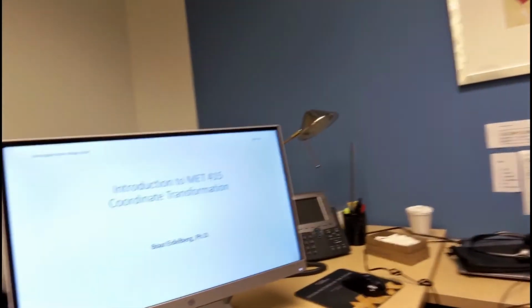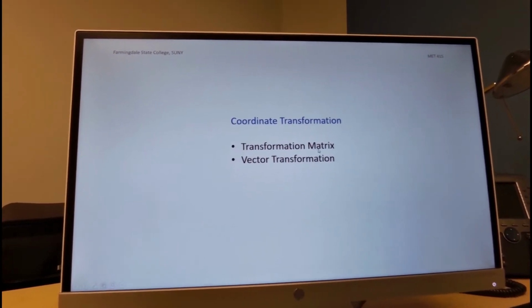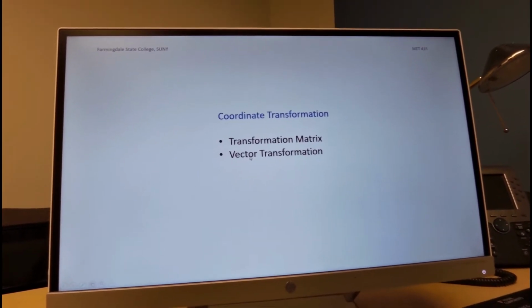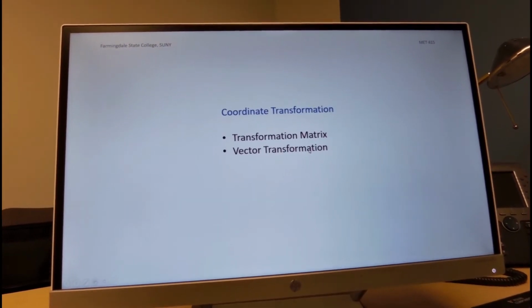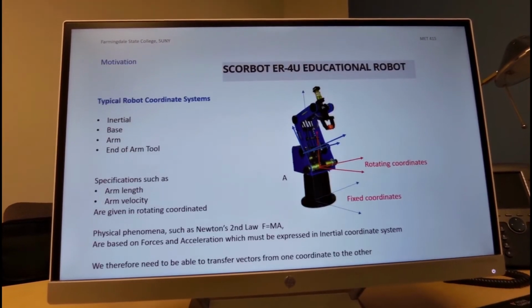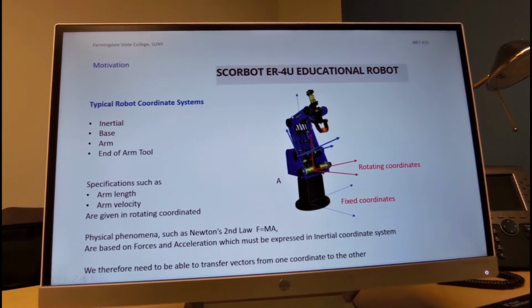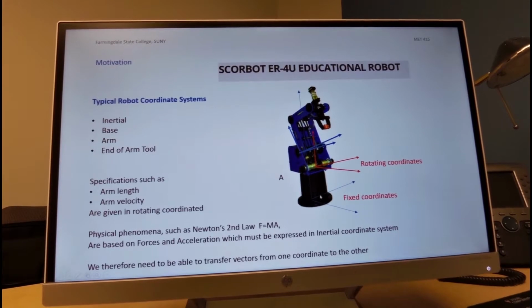Hi, in this episode we're going to take a look at coordinate transformation. Coordinate transformation is very important in robotic analysis. We will discuss the transformation matrix as well as the vector transformation from one coordinate to another coordinate using the transformation matrix. The motivation for that is, as you see here, a robot can have several coordinate systems, such as